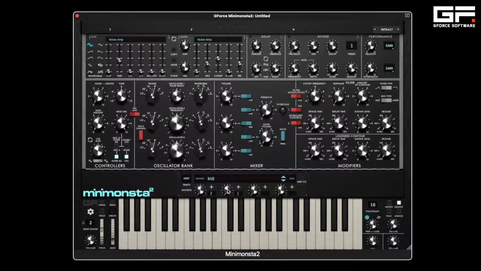We can quickly view what is assigned to a macro by clicking on the macro. You'll see the green markings appear on the assigned parameters. You can also view and edit your assignments by clicking on the box next to the macro. From here you can see that we've got it assigned to oscillator 2 amp and filter frequency, and we can also see the amount. From here we can remove an assignment,